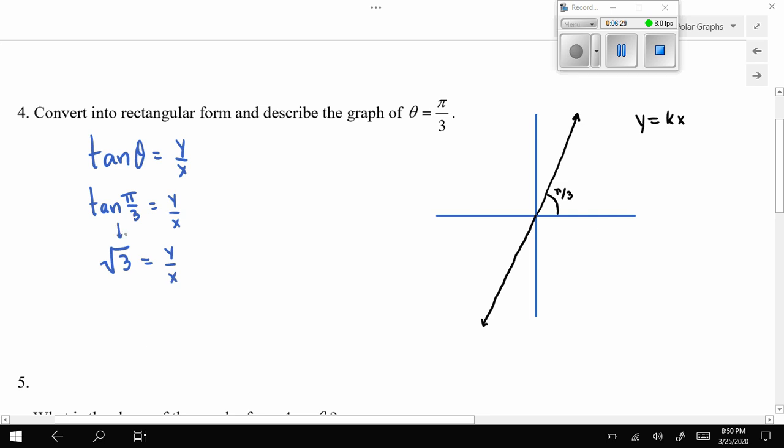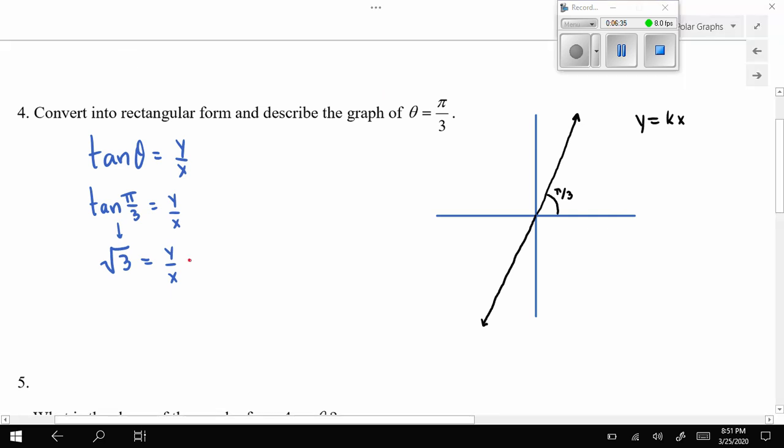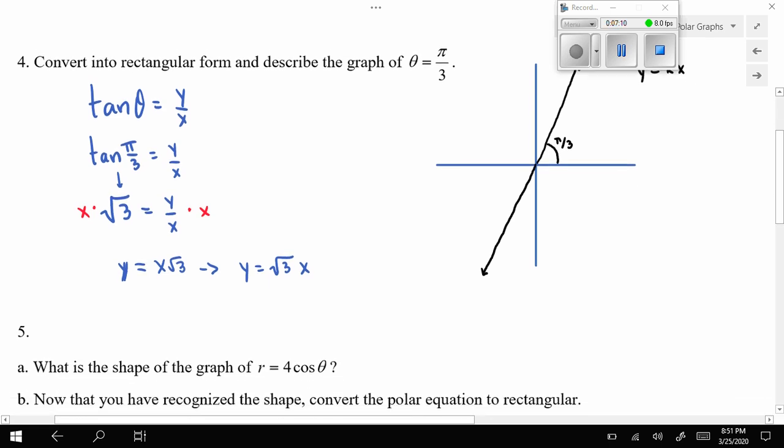And if I want to solve this for y, I'm just going to multiply both sides by x. And then I get the equation of the line. And so we can say that it's y equals x radical 3, or since I wrote it as kx over there, we have it as y equals radical 3x, just again make sure that that x is outside of the radical. Okay,